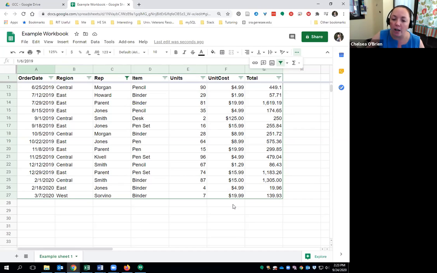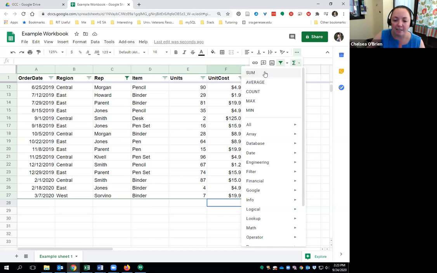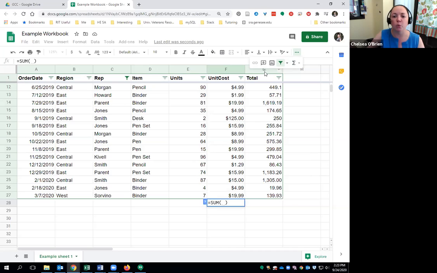We can also apply basic formulas using our toolbar. We don't have to know how to write these codes or these formulas. Google will do most of the work for us. So we're going to try to apply a way for all of the items in column F to total for us. We can click in the empty cell at the bottom of column F, go up into our toolbar and select sum. We have to enter a range, and a range is the starting and end point of where we want this formula to work.